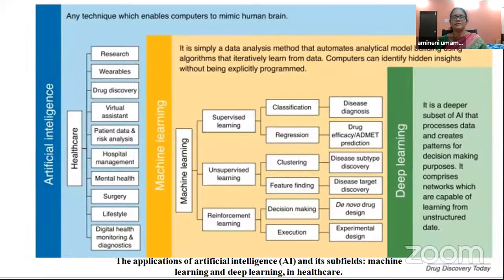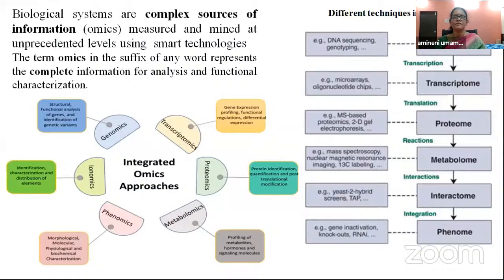From this data, we will get the output in the form of patterns. If we see this biological system, ultimately we need to apply it to our system. Our system is very complex in nature. It has billions, trillions of cells, and each cell has a genome. This genome has 3 billion base pairs. Each cell has 3 billion base pairs.